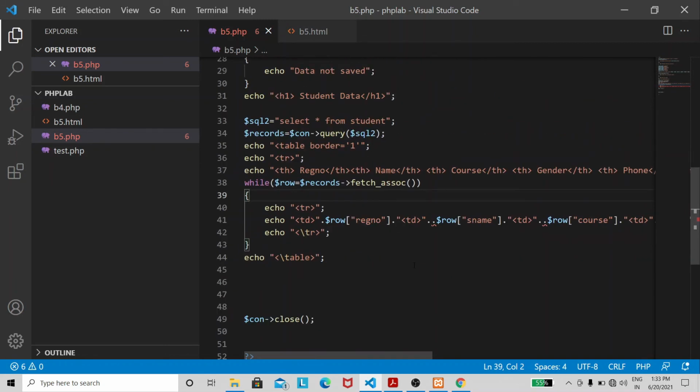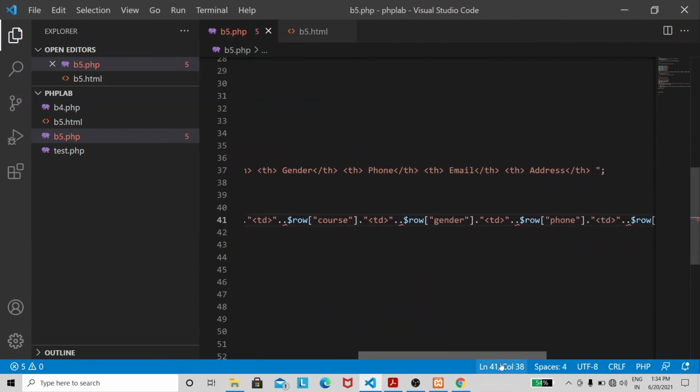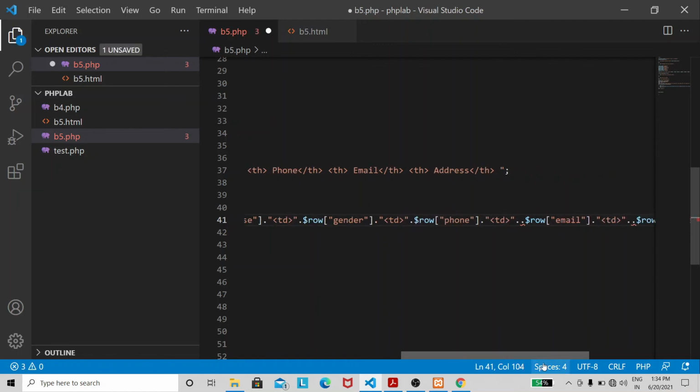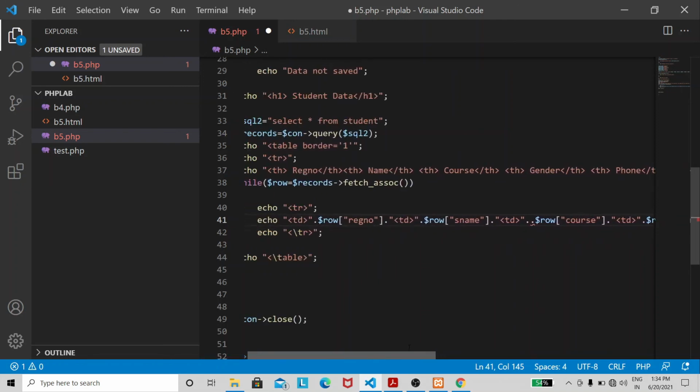Let's see whether this works properly or not. There was an error. Okay, there are two copy paste mistakes.